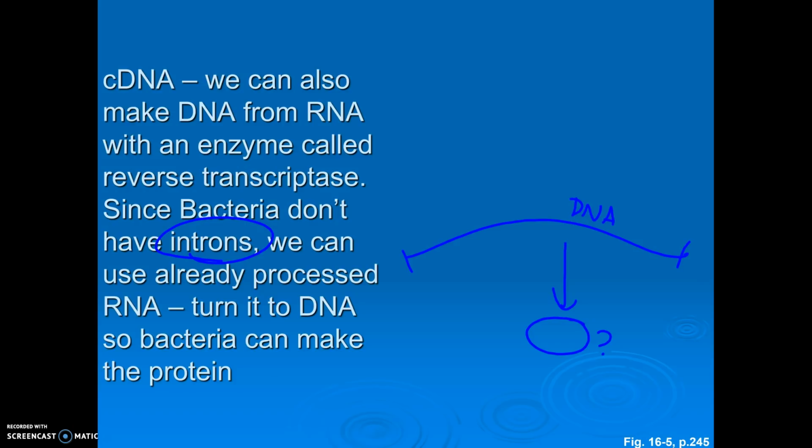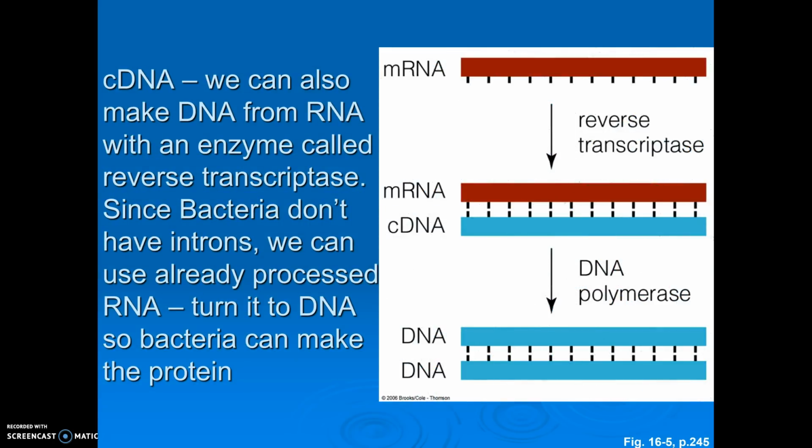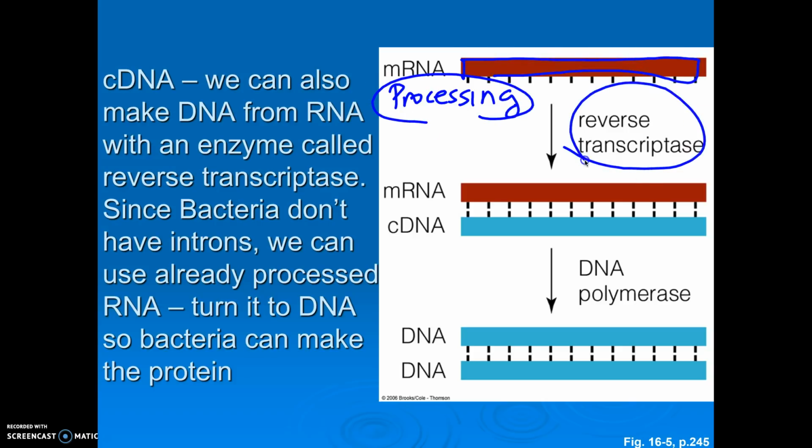So the way that we do it is we use a special enzyme called reverse transcriptase, which happens to be an enzyme that HIV viruses have. Reverse transcriptase turns RNA into DNA. So why would we want to do that? Because what we can do is let protein synthesis start in a eukaryotic organism. Let the DNA make RNA. Let the mRNA go through the processing where all the introns are cut out. Now you have an mRNA with no introns. Now add reverse transcriptase, and we can make a DNA segment with no introns